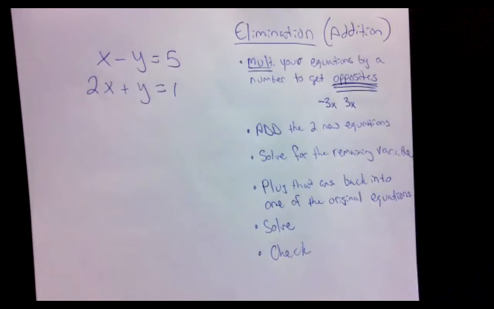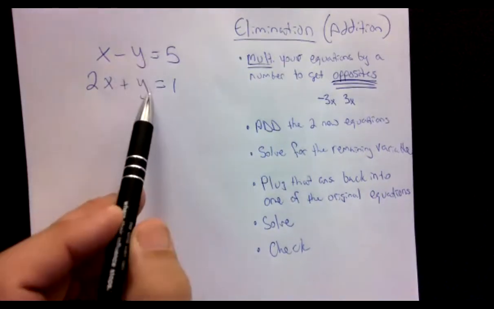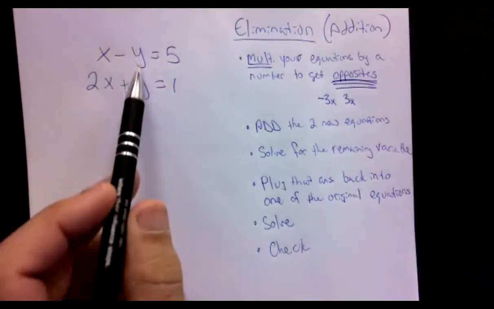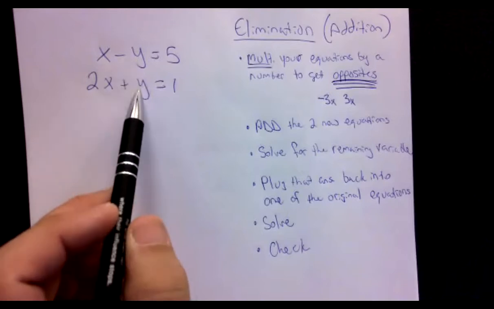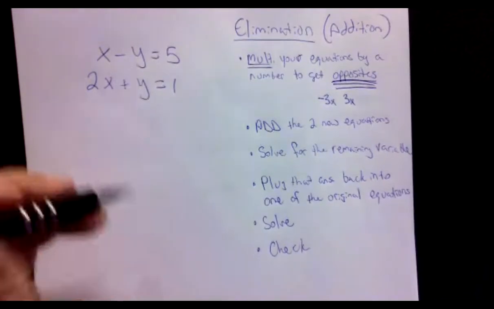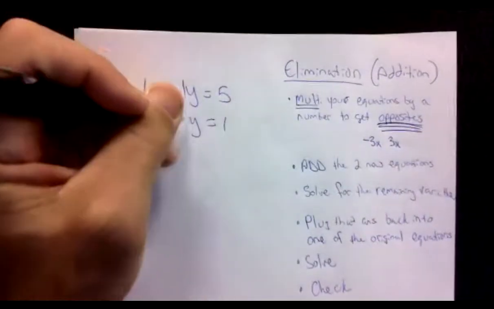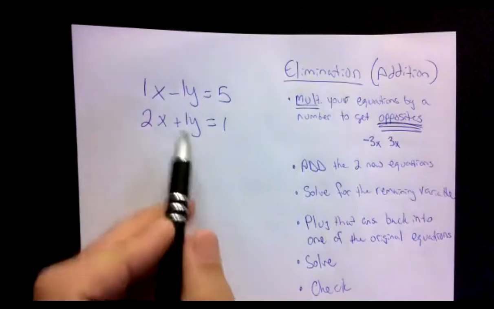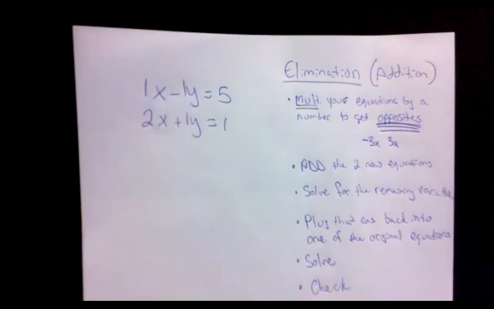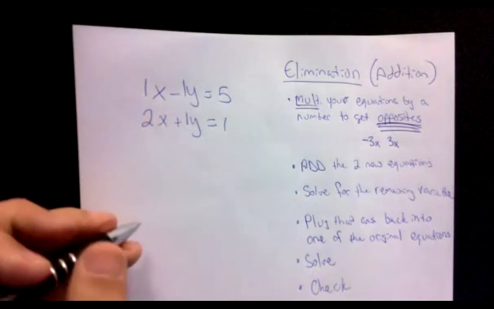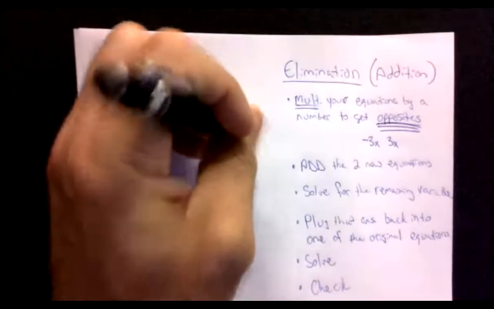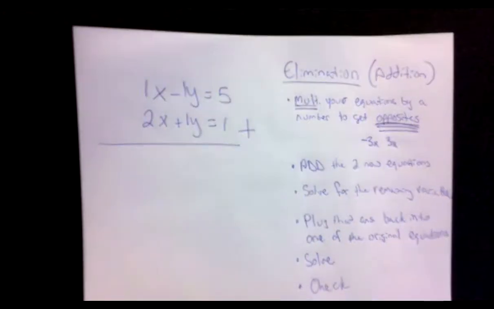Now, sometimes you're going to be lucky. And in this case, look, we've already got opposites. If you look at negative y and positive y, those are already opposites. Remember, if you don't have a number in front, it's a 1. So we've got a positive 1y and a negative 1y. So we don't need to do any multiplication. We already have our opposites. So if we add these equations together,